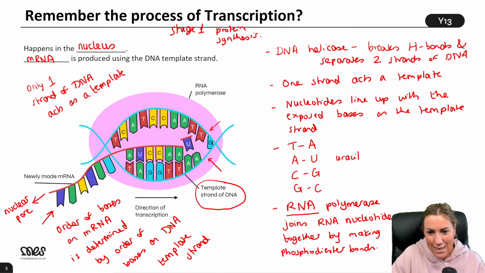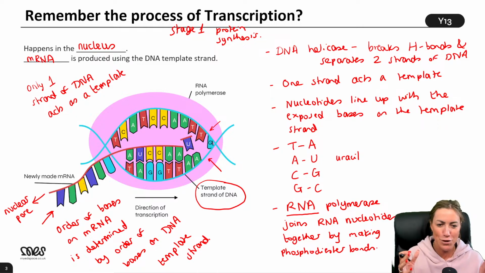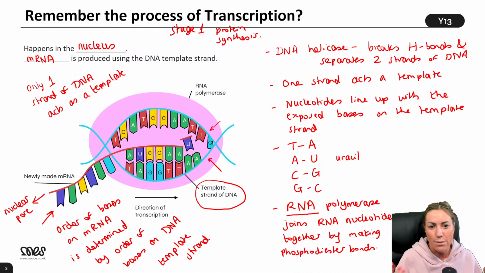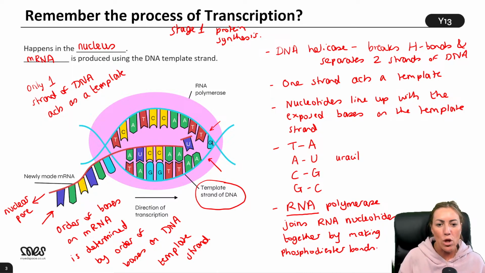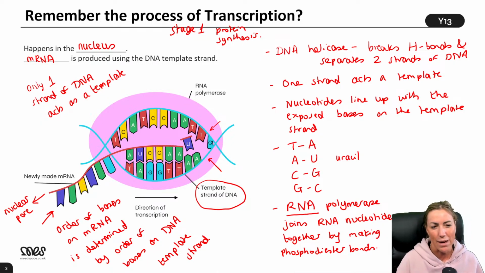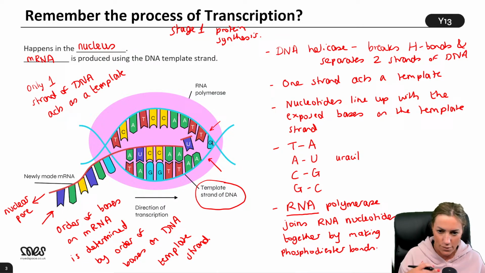I love it. Is splicing considered to be a part of translation? No. It's not really part of transcription or translation. It's after transcription and it's before translation. You could include it on a question about transcription. You know, you could stick at the end and then splicing occurs and the introns are removed. But usually you'd have a separate question about splicing because it's after transcription and before translation.